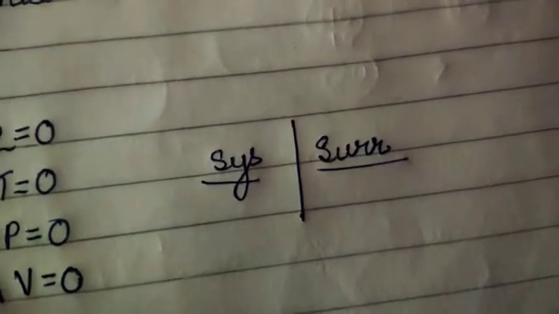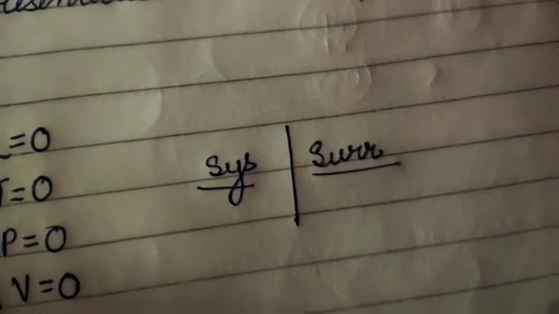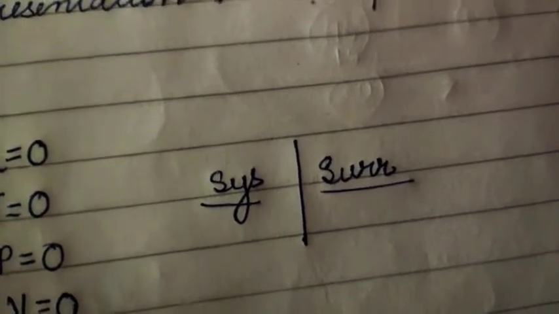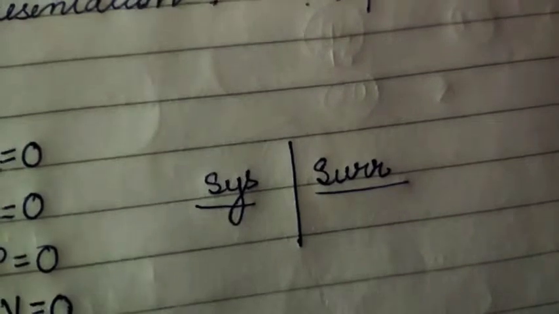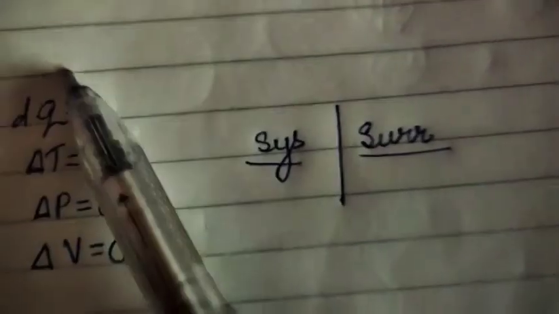Okay, yesterday we have discussed about the types of systems, and there you have got one word, that is exchange. So this word exchange is applicable only between the system and the surrounding. Whatever was exchanged, that is matter and the energy, thermal energy. So this exchange was taking place between the system and the surrounding. So here one thing you have to remember: when heat is transferred from surrounding to system, the heat of the system will increase, it will become positive. Okay, and heat, it's depicted with small q, so you have to write plus q. If heat is going out of the system, here it will be minus q,